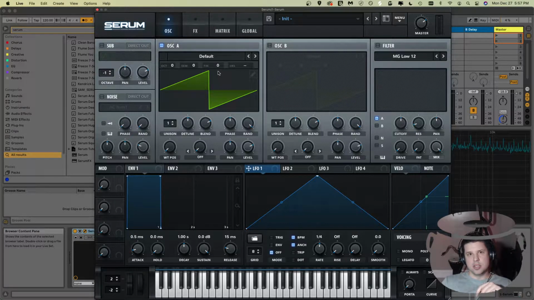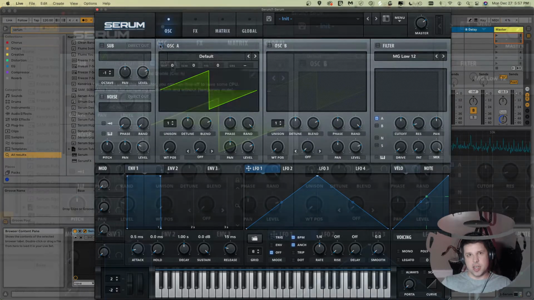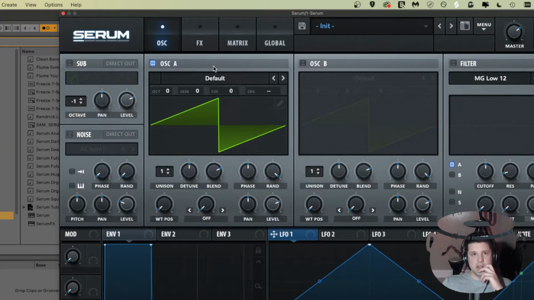So Serum is a wavetable synthesizer, so you can get a lot of movement with Serum, and I'll be showing you that in this tutorial. But before we get into that, I'll go into more detail about how the oscillators work. We got octave right here, so that just controls what octave it's at. So I'll be playing C here. If I go up the octave, it plays the next C above that C, and plus 2, it'll go the C above that C,